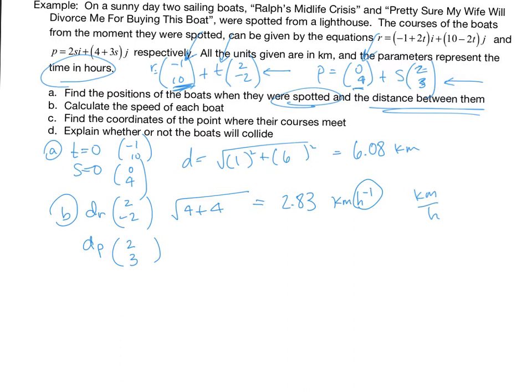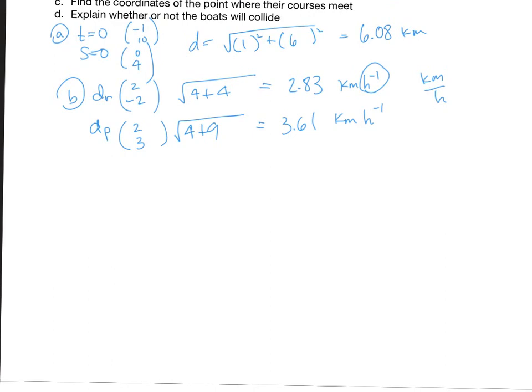All right, so then we do the magnitude of the P vector, or the pretty sure boat. We get, what, 4 plus 9. Again, handy-dandy calculator. That's about 3.61 kilometers per hour. Okay, next part, and I'm going to move this up a little bit. Part C